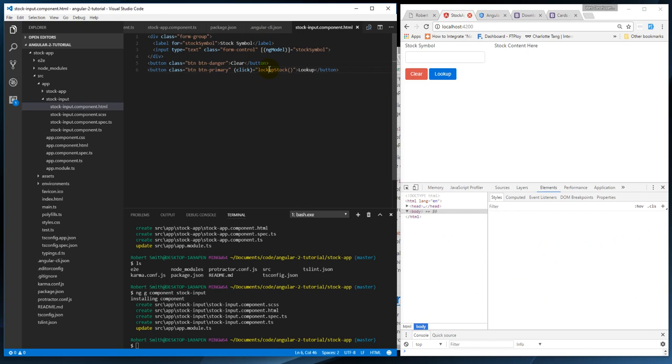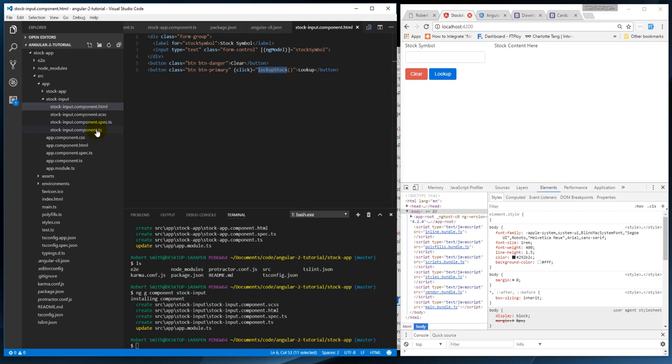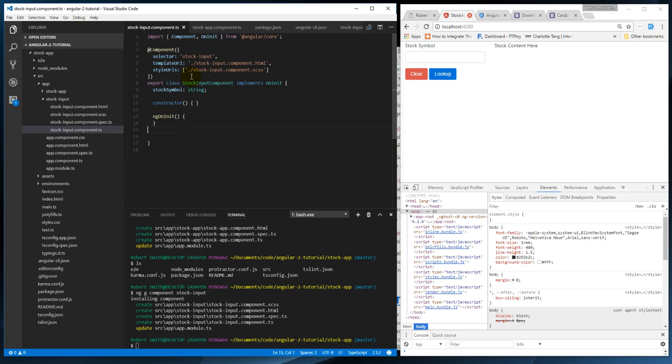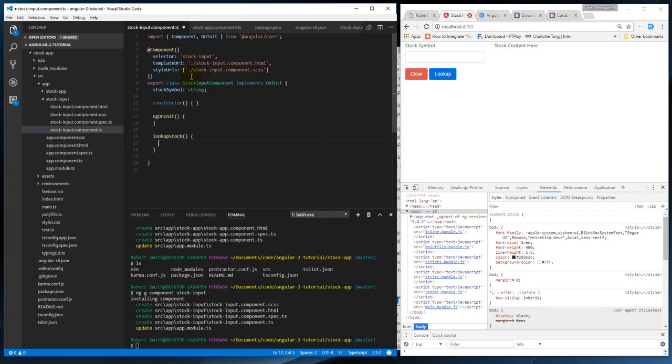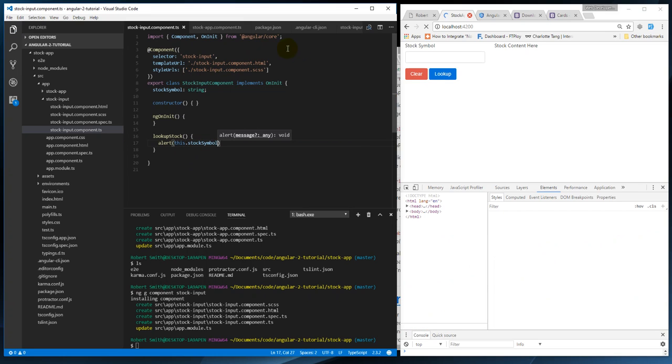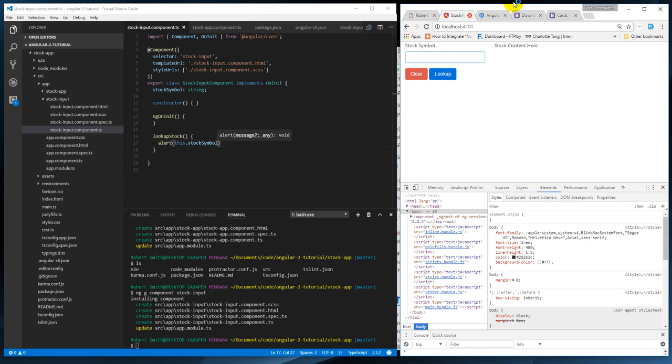Now in our class level component we want to create this method called lookupStock, and basically what we're going to do is say alert, and we're going to say this.stockSymbol. So this should be when we type in like GOOG for Google,